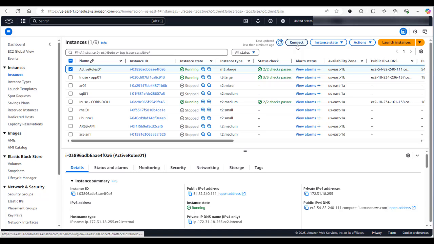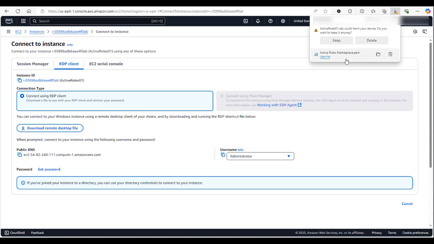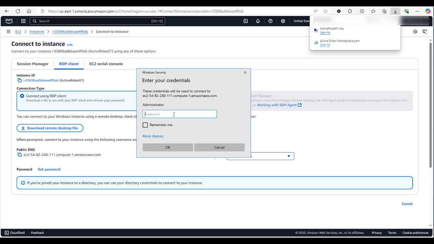And once we have that password, we can go back to Connect, and now we can download the RDP file to make our initial connection to the server. It will default to administrator. We can paste in the password.